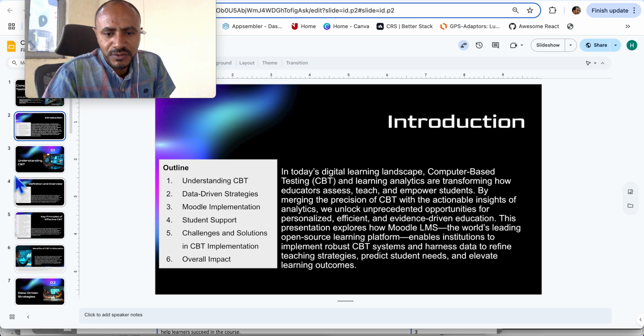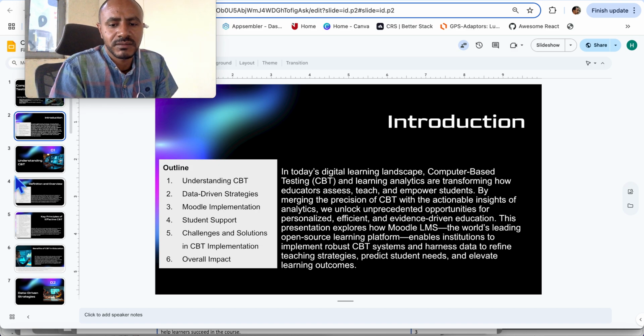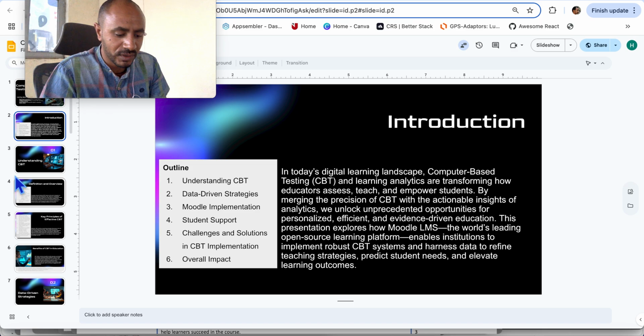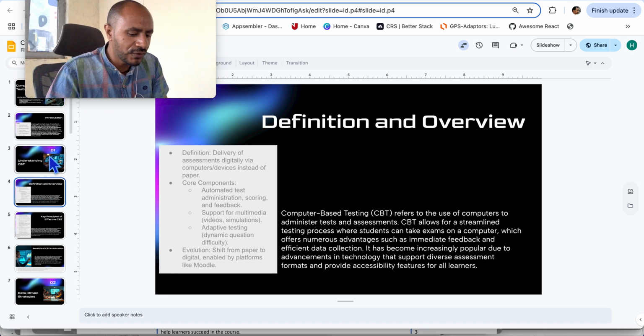Okay, but in case of CBT, these are basically readily available. As soon as we run and complete a given assessment, we can have the reports for use immediately. Okay, so it eases the way we collect and interpret assessment results when we introduce CBT. Okay, so again, following this,